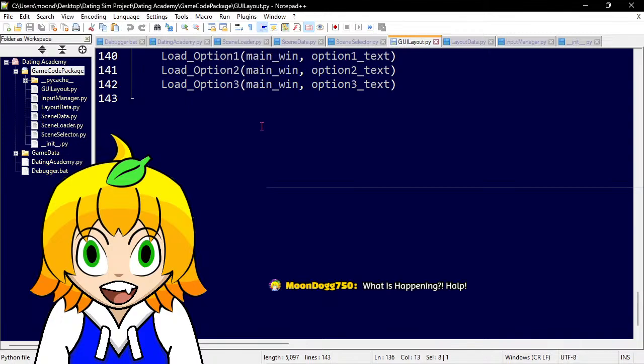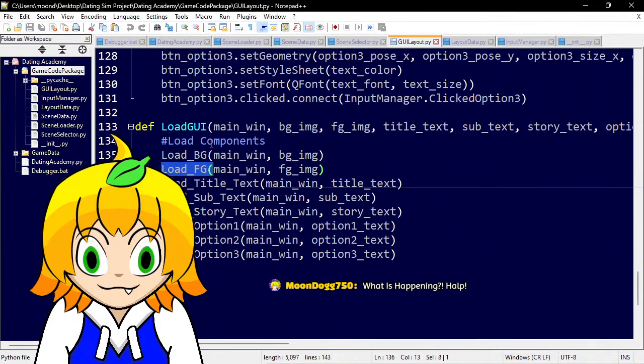If I put this at the top of the screen, it would say, load all this information. Like, what information? We didn't read this information. This information doesn't exist because it's not above us. Therefore, we did not read it going downwards, so it doesn't even exist. It's like, what are you talking about? You're delusional. But that's how that works. So that's why the load GUI has to be at the bottom.